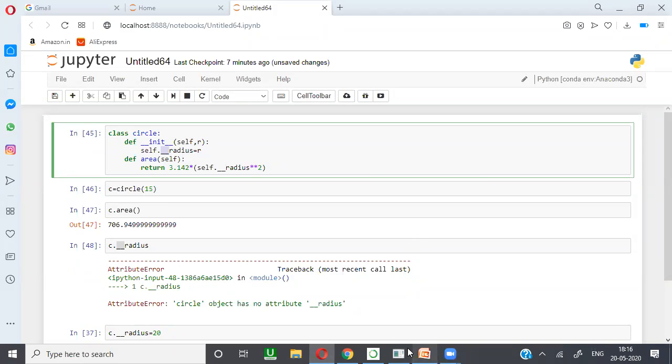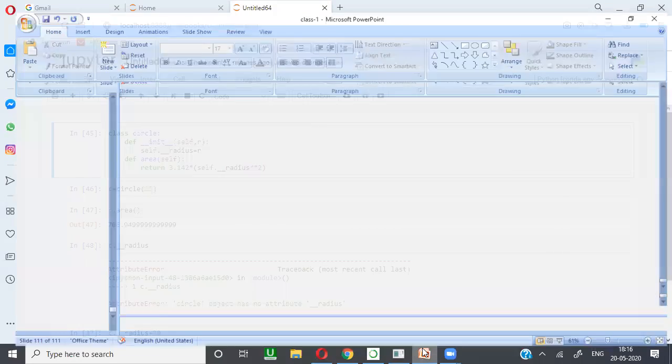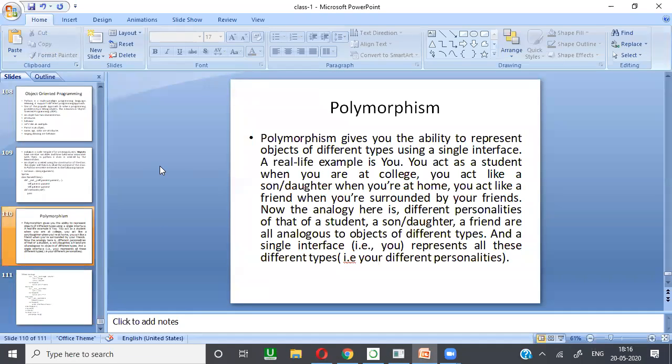And now we discuss polymorphism. Polymorphism is nothing but representing one object in different ways. We have one object, but we are showing it in different ways, from different angles. Here we took one example, a person. As a human being, you can be considered as a student, as a son or daughter, or also as a father or a mother. So a single person will act like that.